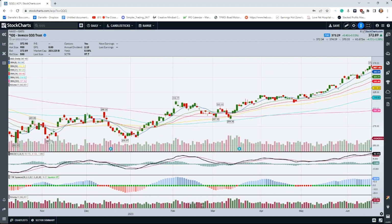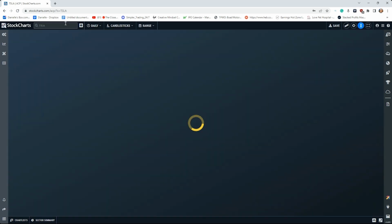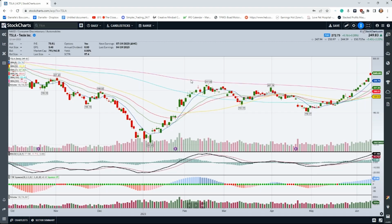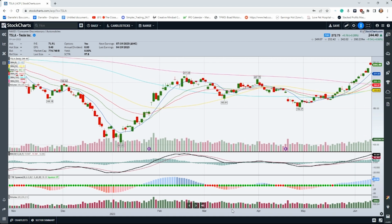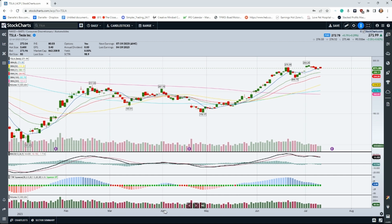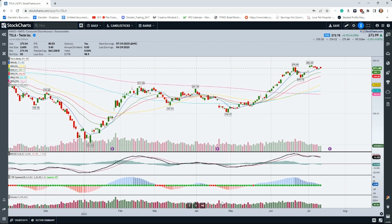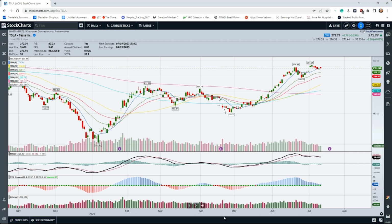So let's go ahead and look at some individual chart patterns. Now, Tesla is one of my favorites for this pattern. It doesn't fit it perfectly this quarter just because last quarter Tesla ended up gapping down after earnings. The majority of the time, the pattern is going to work better when you have a positive move post earnings the previous quarter. Now with Tesla, it's a little bit unique because even though it did gap down after earnings